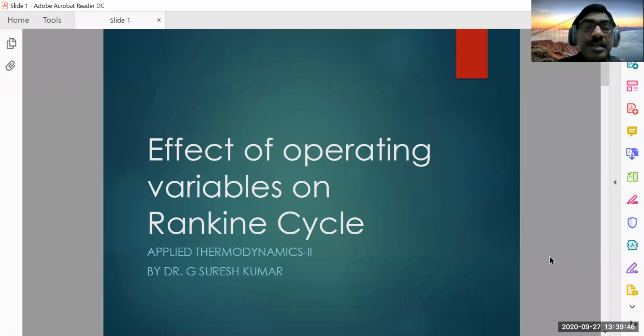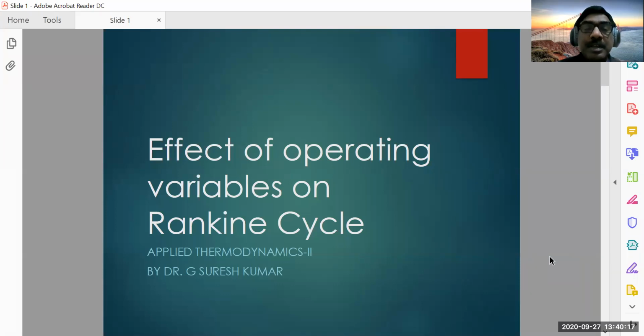Good morning, students. Today we are going to discuss the effect of operating variables on Rankine cycles. In the previous classes, we have seen the analysis of the Rankine cycle and also the irreversibilities and losses in the Rankine cycle. Now, we have to understand the behavior of each operating variable on the efficiency. This is very, very important in order to analyze the cycle and also to calculate the efficiency and other aspects